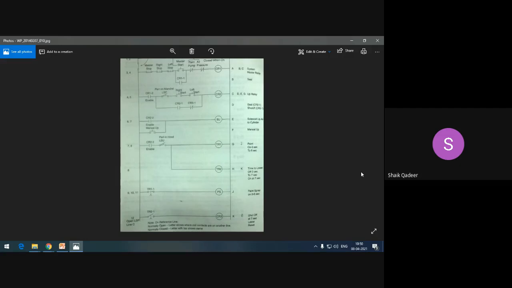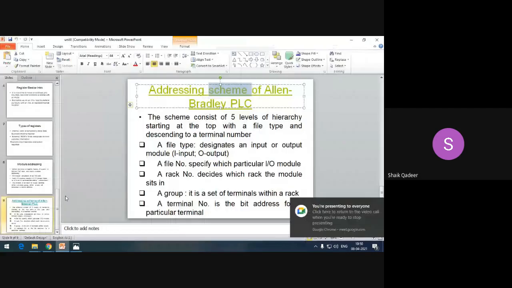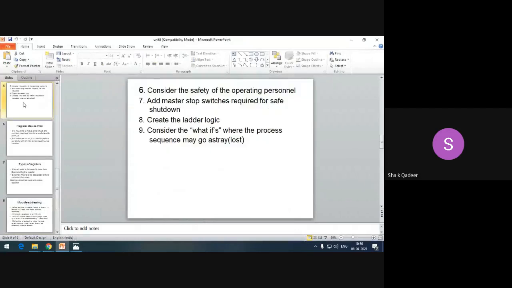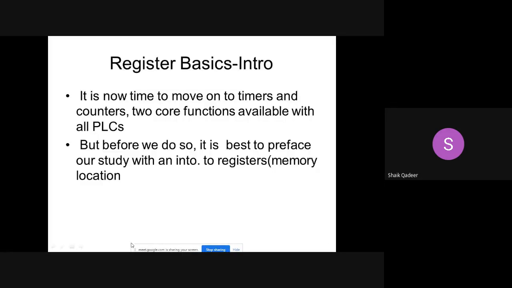Is this clear? Yes sir. Okay, let us go to the next topic. The next topic is actually, there will be a possible question on this topic: registers of PLC. Already I told you